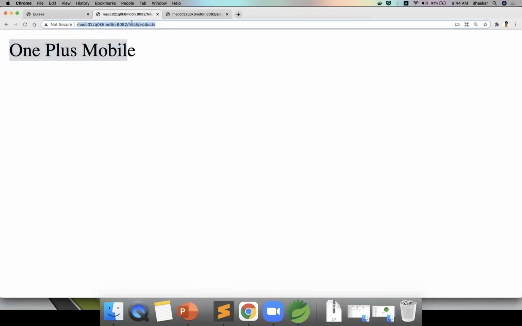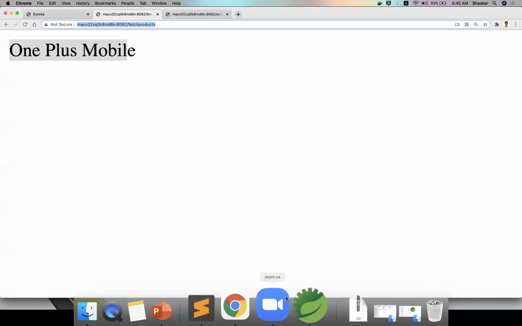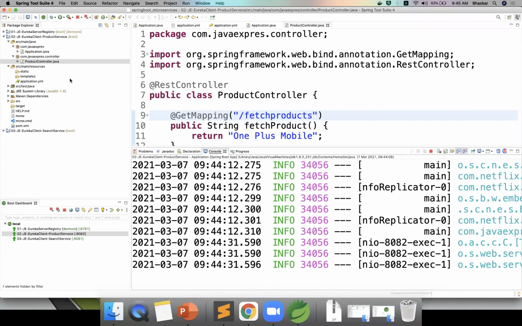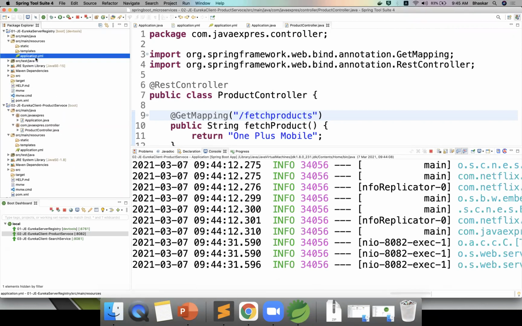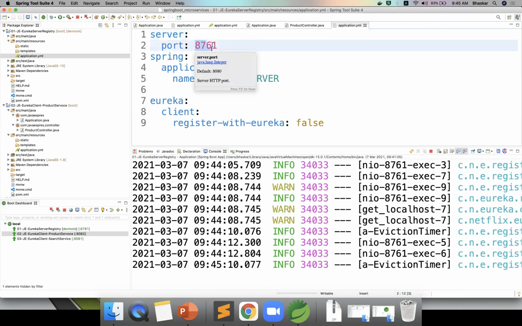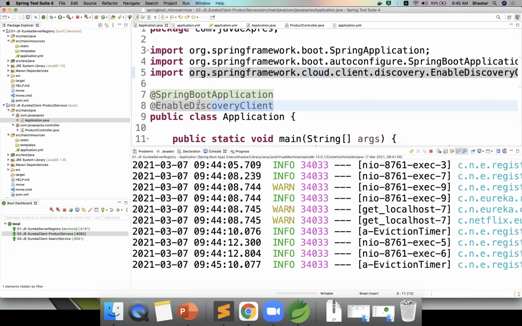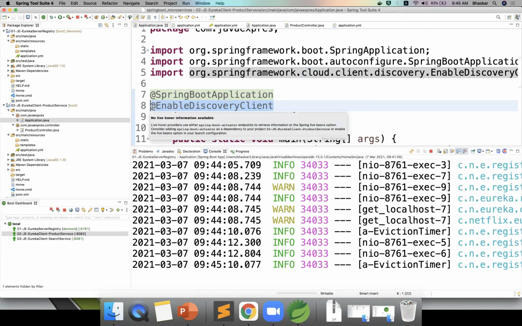In the same way, you can develop the order service. So this is the concept of Eureka server and Eureka client. Still, one more concept is pending in the Eureka server. Now, as an assignment for you, try to change the Eureka server port number, then try to register here. Now 8761 is the magic port number. There is even a concept in the Eureka clients that this is optional. If you remove it, it will also work.